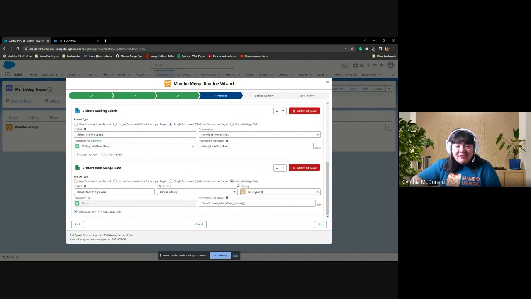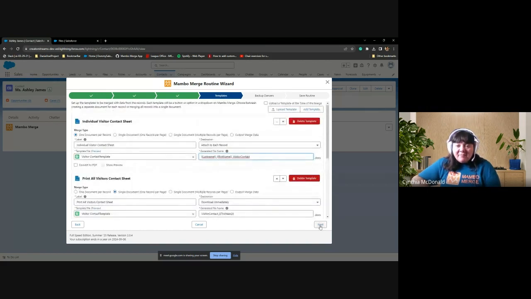This guy right here is very special. Output merge data. He's going to take all that merge data that you saw and output it into a spreadsheet for me. It's not going to be pretty. It's not something that you would use in day-to-day work, but it's a great way of troubleshooting files, knowing if something's missing, seeing where things are not matching up quite, or transferring the data somewhere else. All right, so